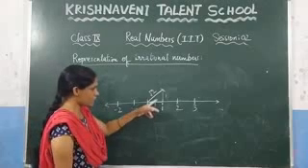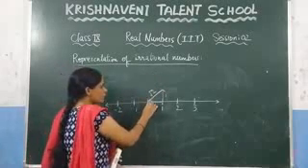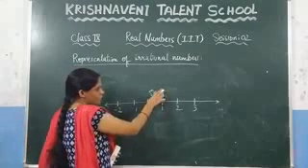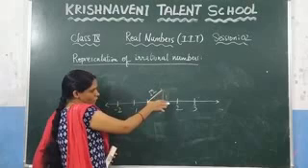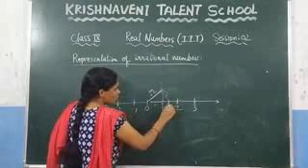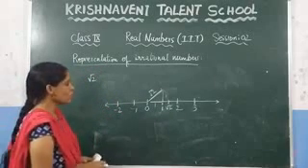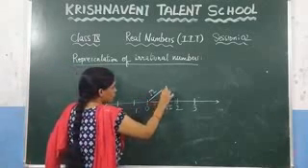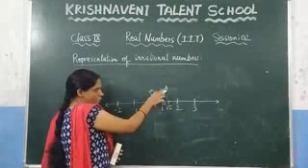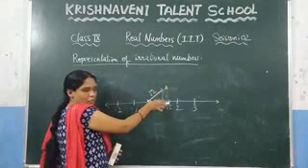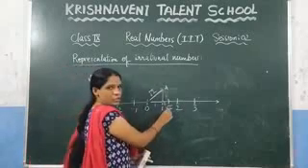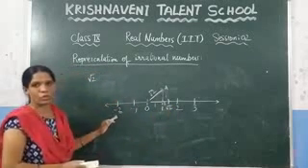We represented this irrational number above the number line. You know that this is the value of root 2. But here, we just take this as a radius. Now, make an arc touching the number line. At this point, it will be touching the number line. This will be the value of root 2. Like that, you need to represent. At this point, mark it as A and here mark it as B. So, by taking OA as a radius, make an arc on the number line. The point at which the arc touches the number line will be the value of root 2. Like this, you need to represent root 2 on a number line.